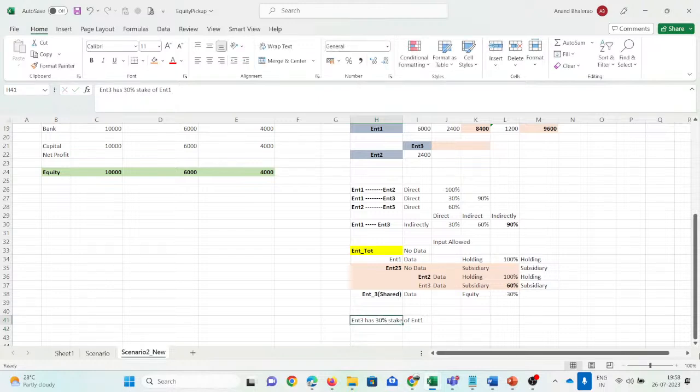Okay, so entity 3, I will call it entity 3 for our purpose, has two ownerships. One is with entity 1, that is a 30% share, and entity 2 has a 60% stake of entity 3 also. So defining this has become quite complex, a slightly complex one. To define this is a challenge, and we have to take note of this, which is important while creating this application. So for that purpose,